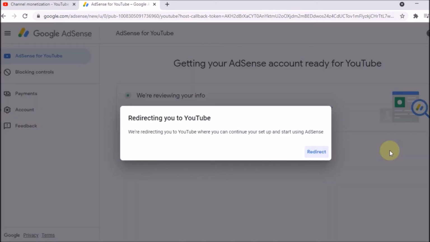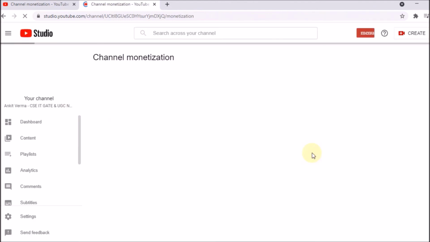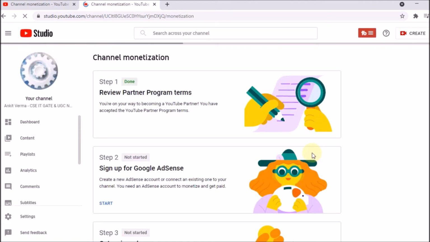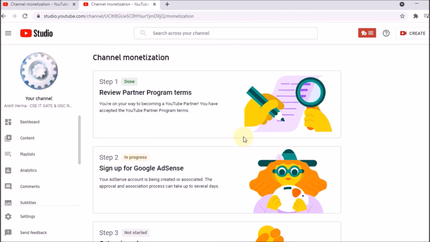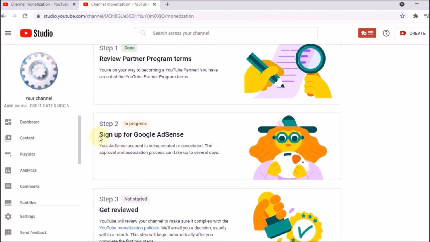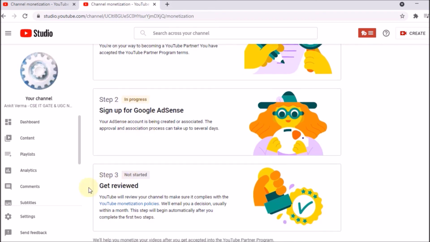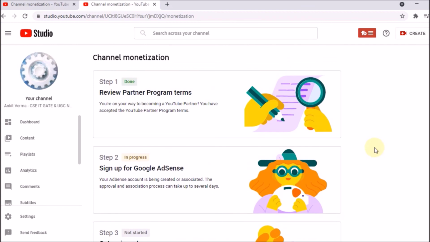So after filling all the details, we will click on the submit, and afterward it is showing us the option that redirecting you to the YouTube. So that means our AdSense part is over. Now we are clicking on the redirect. So here you can see that it is going back to the channel monetization. It will take some time to complete the step. Now you can see that it is showing us sign up for Google AdSense and it is in progress. That means it will take some time to progress, and afterward the review will start. So this is the first phase